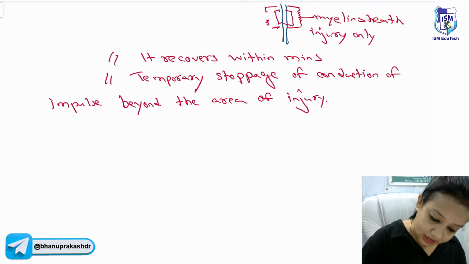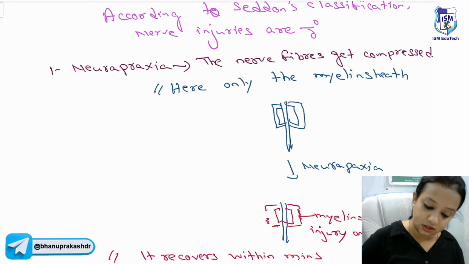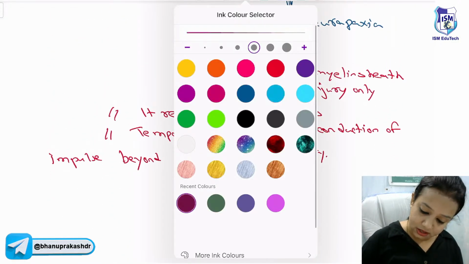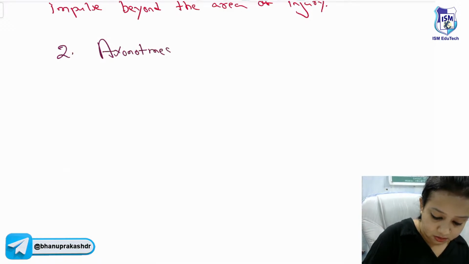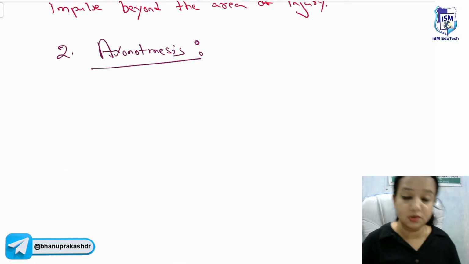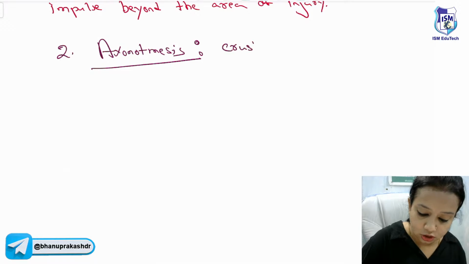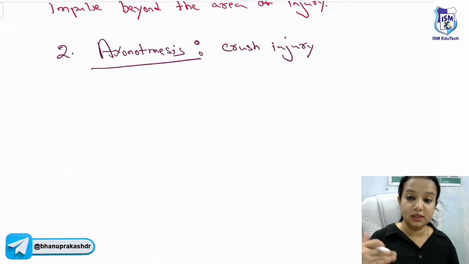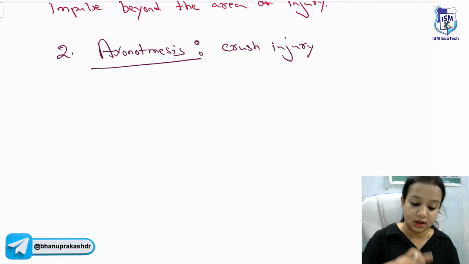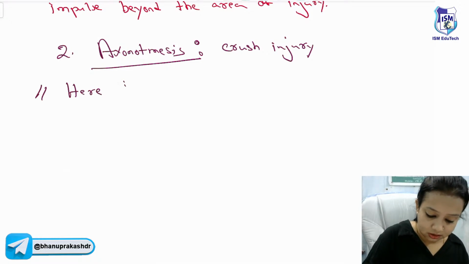Okay. The second classification. First is the neuropraxia. The second one is the axonotmesis. Now in axonotmesis, what happens? This is called the crush injury. It is more severe than the neuropraxia. Here, the injury is such that the nerve fiber gets crushed. It is like crushed. So, here, the